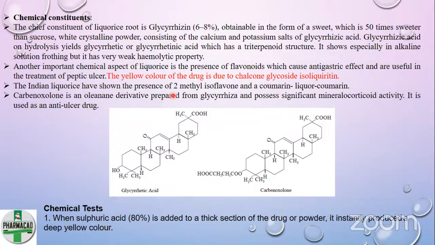Another important aspect is the presence of flavonoids, which have an anti-gastric effect and are useful in the treatment of peptic ulcer. The yellow color of the drug is due to the chalcone glycoside isolicoritin. This is important. Indian licorice also shows the presence of 2-methyl isoflavone and a coumarin, liquor coumarin. Carbenoxolone is an oleanane derivative, derived from glycyrrhiza, which possesses significant